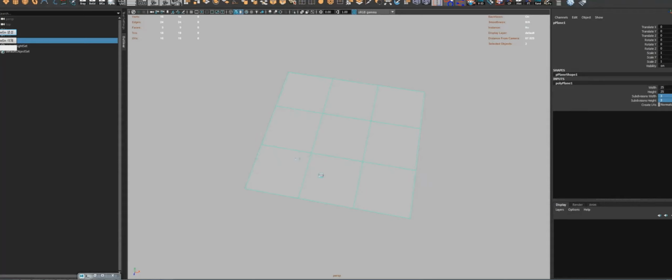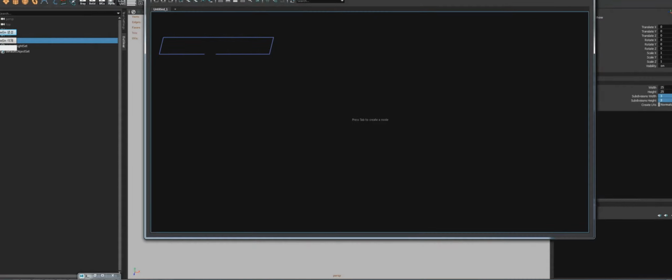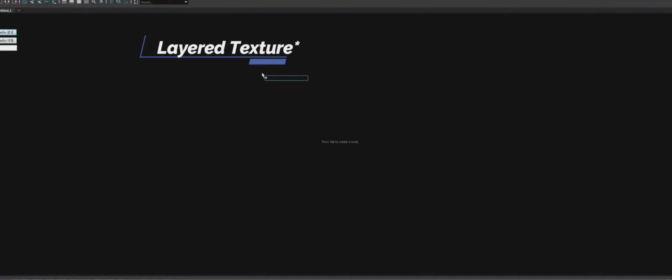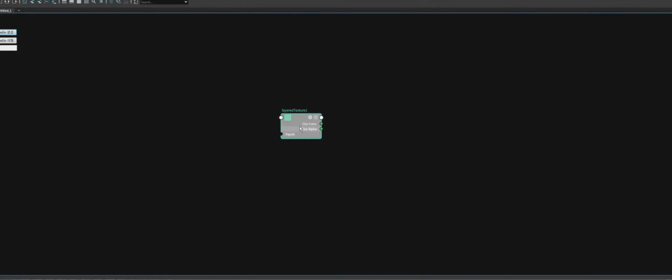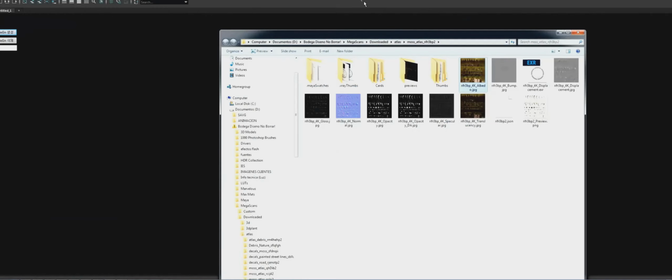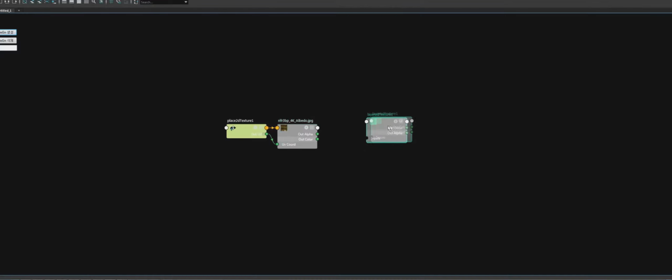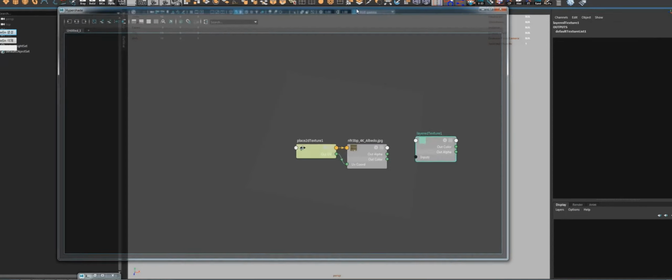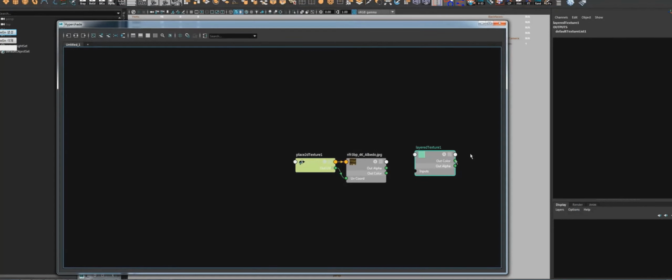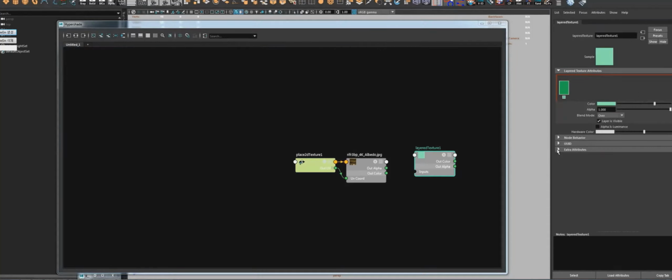And then I'm going to open the Hypershade. It's the material editor from Maya. And create a layered texture. This is the same as the composite, I think it's named in Max. And I'm going to drag from the folder the albedo. And if I open the attribute editor, I am going to drag with middle click the albedo to the color of the first layer, and I'm going